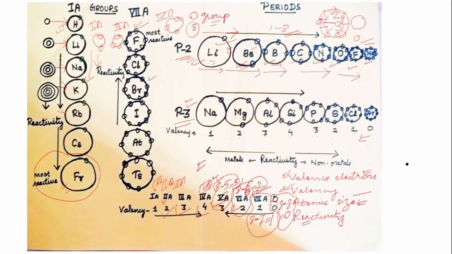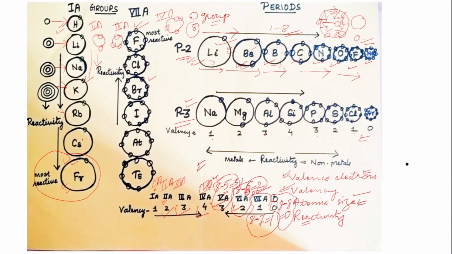In case of metals, it is because the bigger the atomic size, the more reactive the element. Bigger atomic size helps the atom to lose the electron easily with the least energy. Atoms have to lose electrons in order to take part in a chemical reaction. So bigger atomic size means less energy to lose the electron. That is why the bigger the atomic size, the more reactive the element. That means elements towards the lower position are more reactive because they have bigger atomic size.